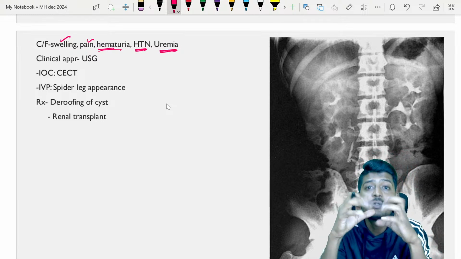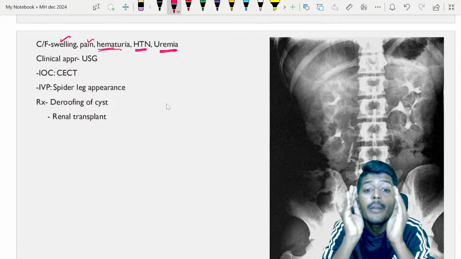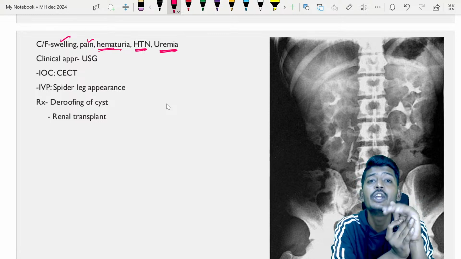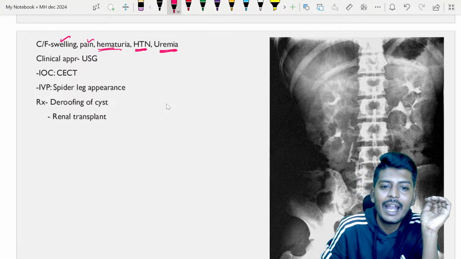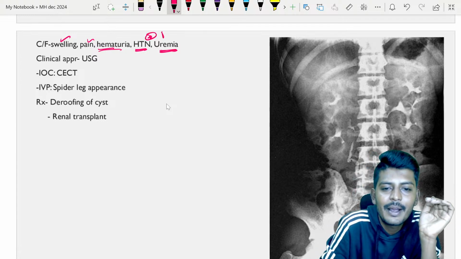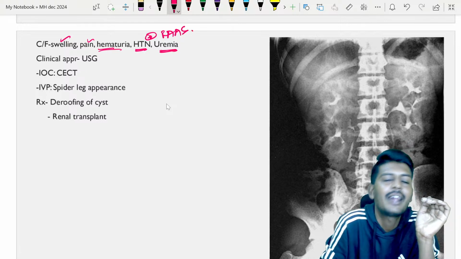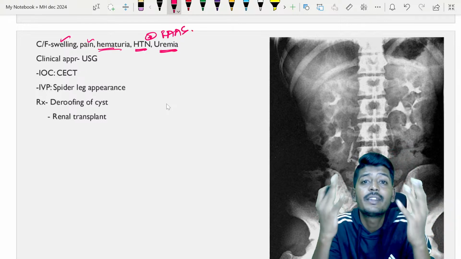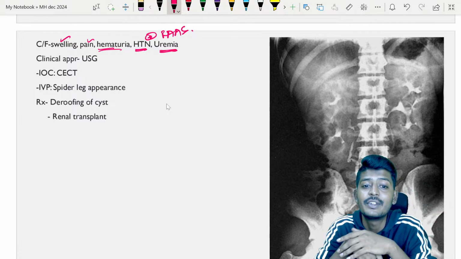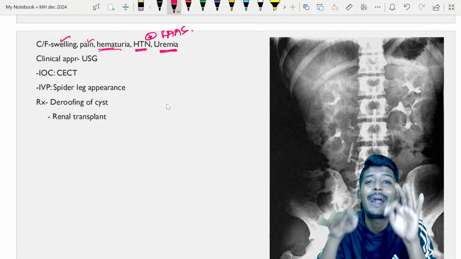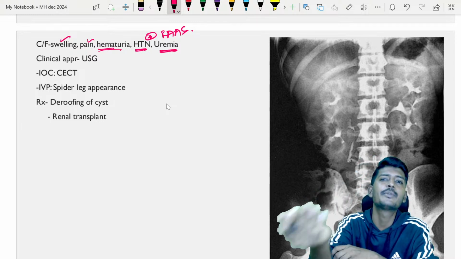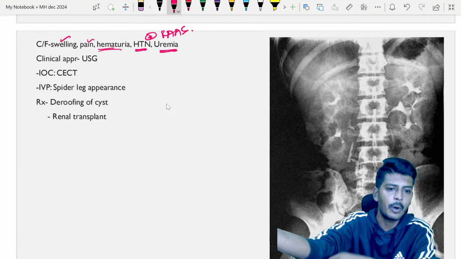As the cysts start to grow bigger and bigger, normal healthy tissue will start to reduce. As the healthy tissue reduces, uremia will start to prevail, and there will be impairment of the blood supply that will activate the RAS system. Which system? The RAS system. Because of these cysts, the blood supply to the healthy tissue might be impaired, which activates the RAS system, which leads to hypertension. It is not mandatory that they will have hypertension, but there is a high possibility of developing it, and most of the patients will have it.